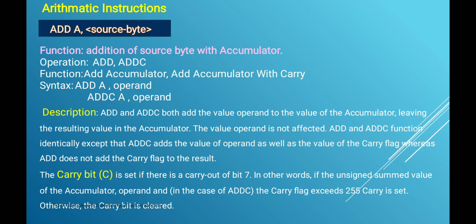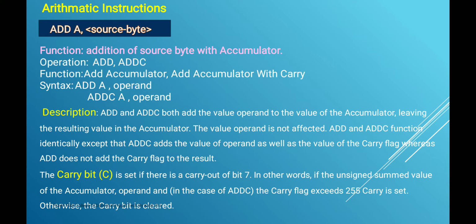ADDC means add a source byte with the accumulator and with carry. The first operation is ADD, which adds to the accumulator. After that ADDC adds to the accumulator with carry. So the syntax is ADD A, comma operand, where the operand means any register, or ADDC A,